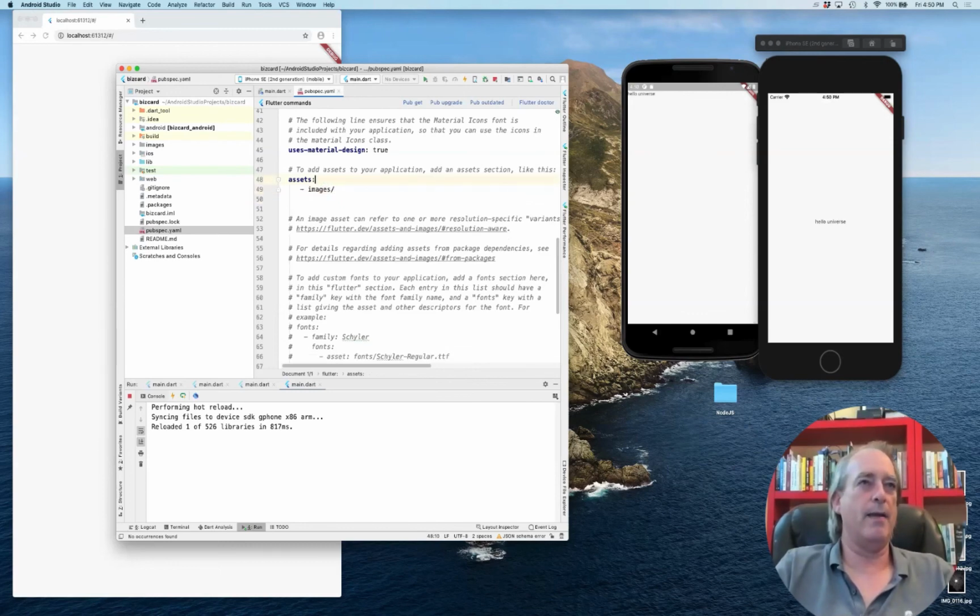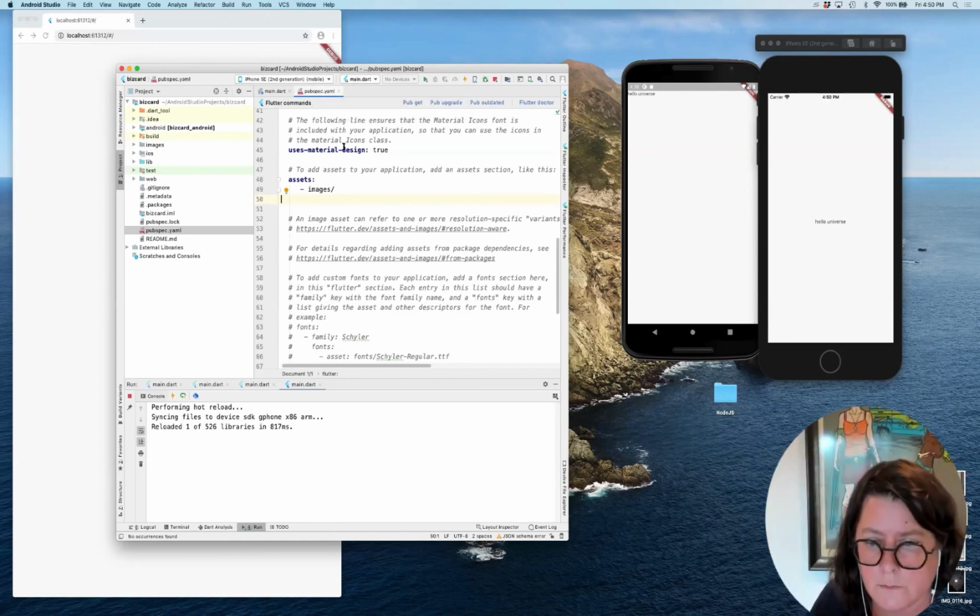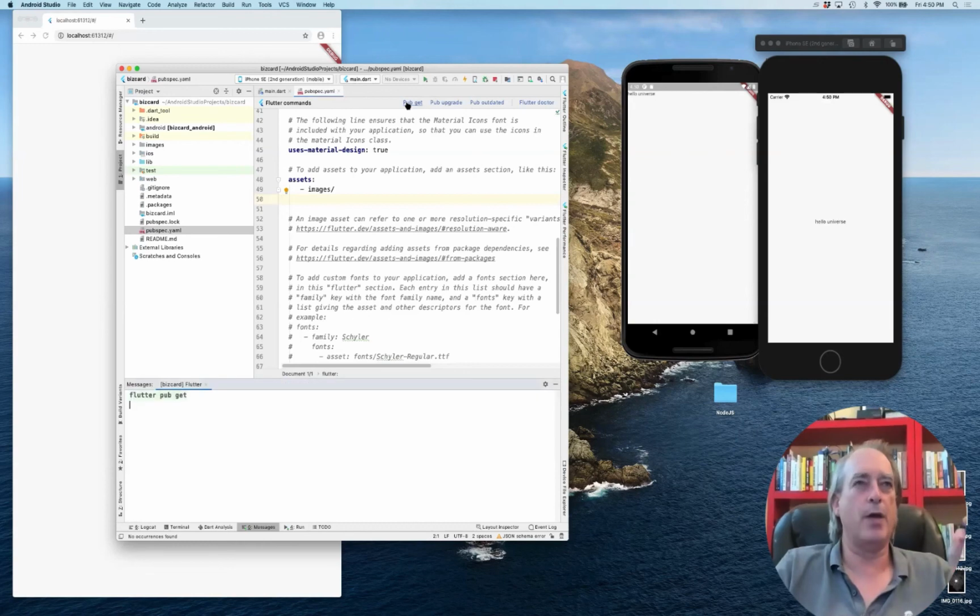Okay, so anytime you do that, you see that link up there, pub get, that's next to your Flutter command line. Below that. Pub get. So hit that, and that will recompile the thing and pull it in there. So now, if we go back over to our main Dart file,